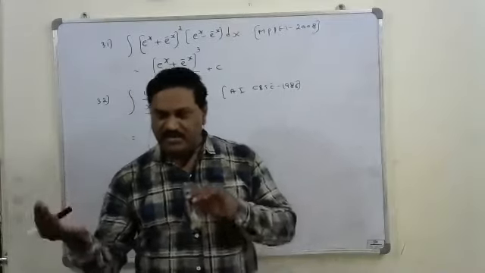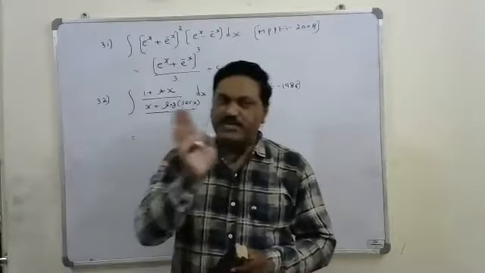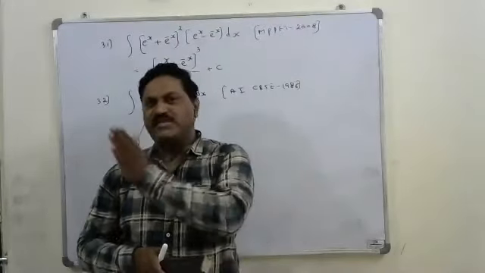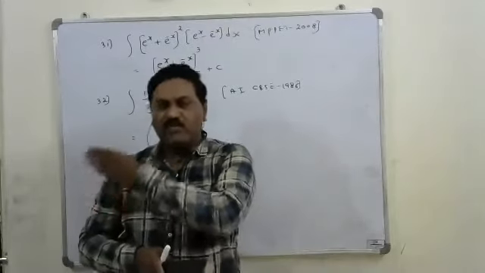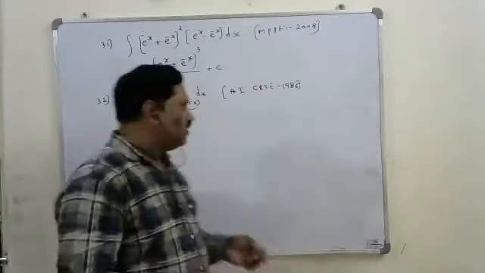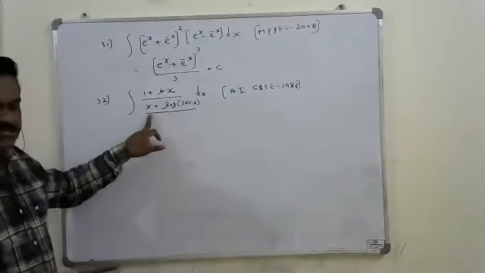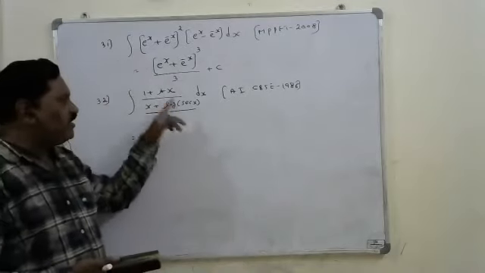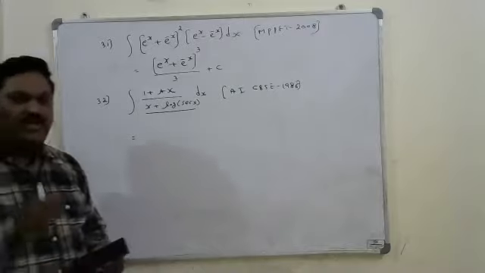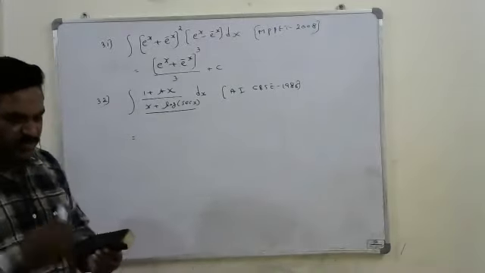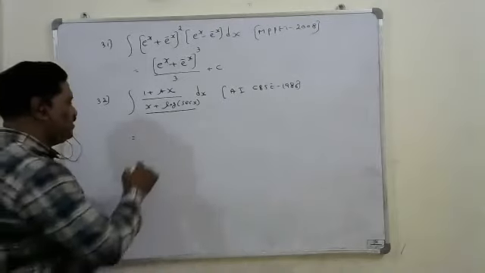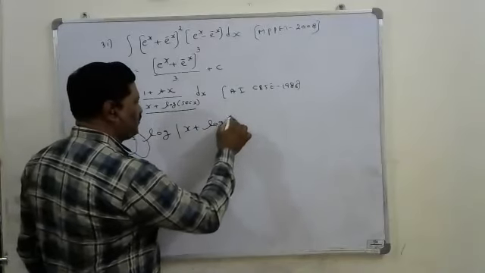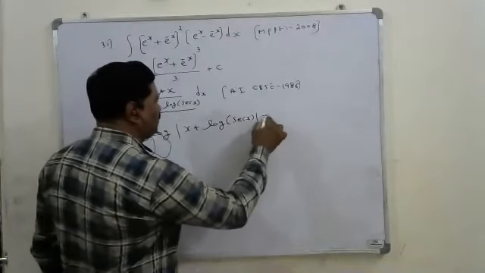Okay. Then read in the reverse order. Derivative of log secant x becomes tan x, because integration is the antiderivative. So integral tan x is log secant x, then derivative of log secant x becomes tan x. So log secant x derivative is tan x and x derivative is 1. Exactly the derivative of the denominator is in the numerator. Now it is in the format of f dash x upon f of x dx. This formula is log mod denominator, x plus log of secant x, plus c, which is the answer.